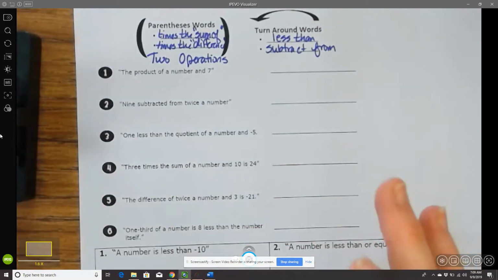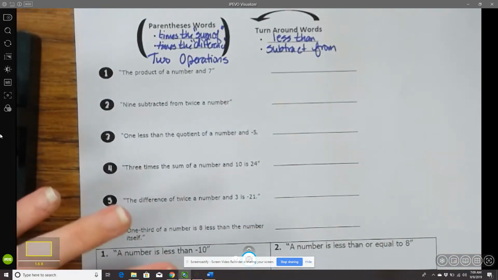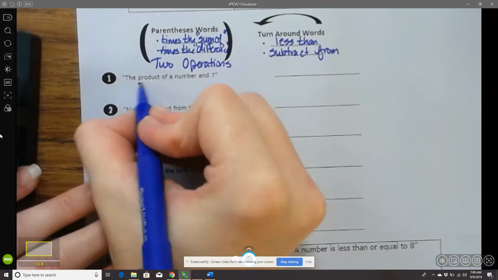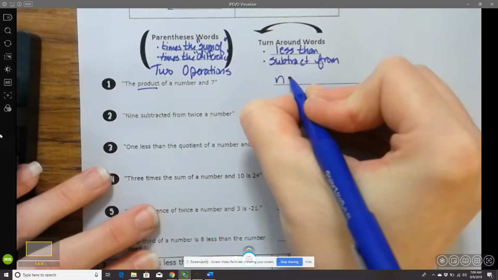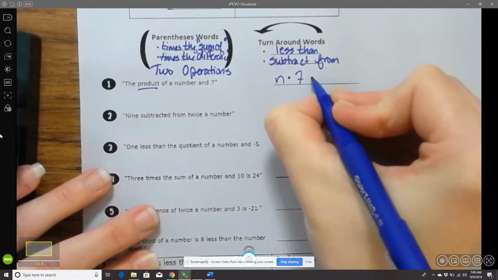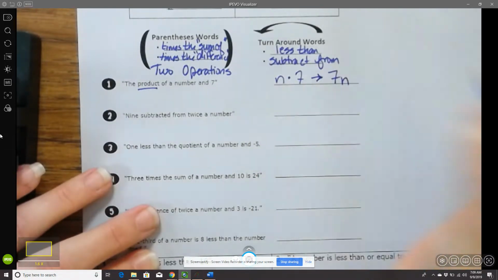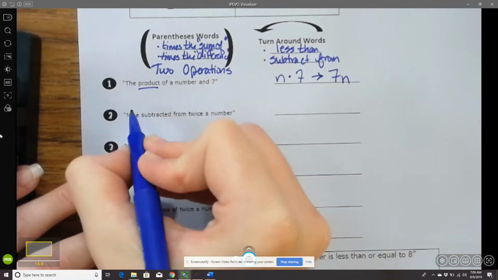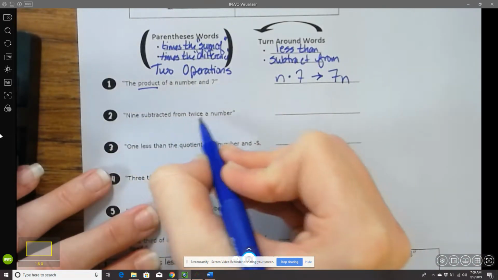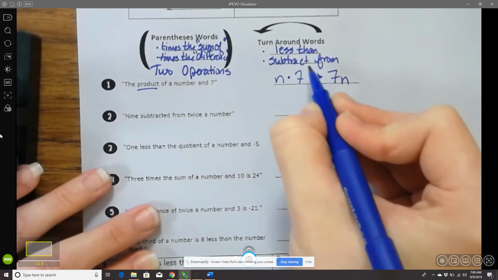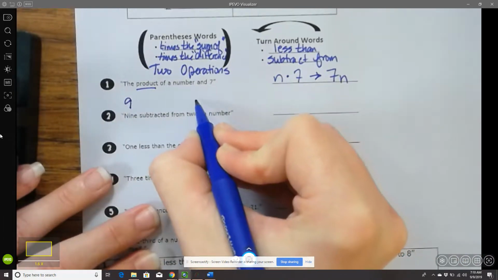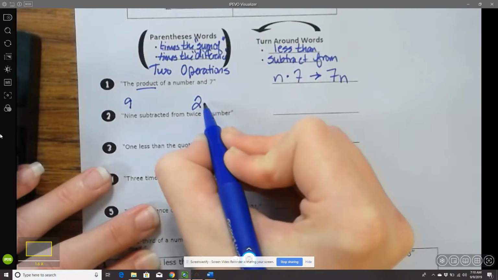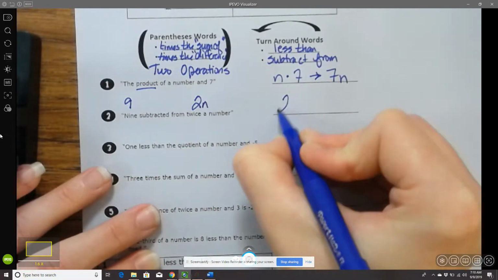So now we're going to do it. So the product of a number and 7. So product indicates we're multiplying. So we could do n times 7, or we could just write it 7n. Now we've got 9 subtracted from twice a number. So again, this is our turnaround word. So we've got 9, and we're going to subtract it from twice of a number. And so we would do 2n